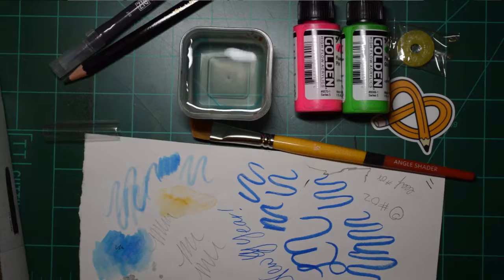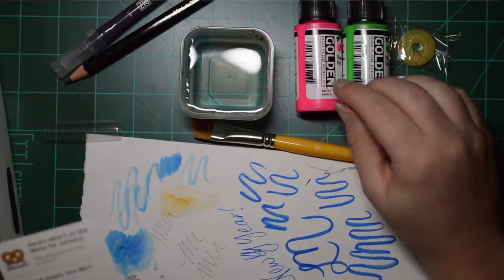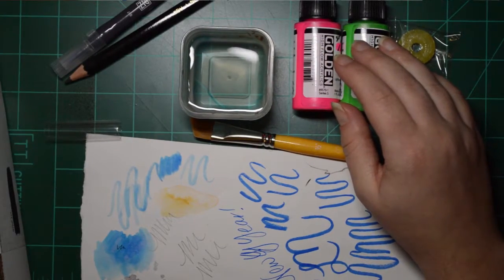Alright, I got distracted. And then we got our Golden High Flow acrylic paints, and these were a staff favorite. And I'm not going to read everything about that. Then we got our